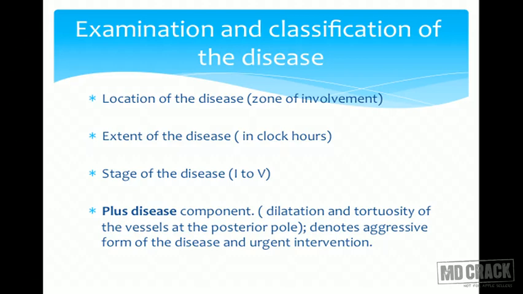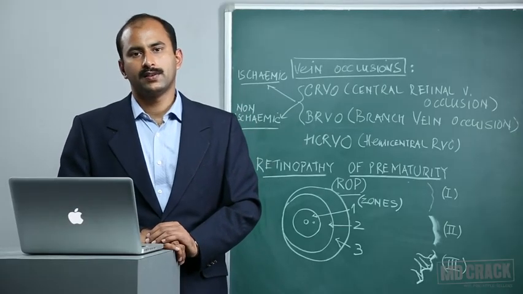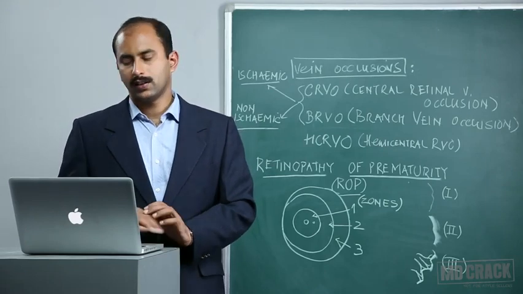Examination and classification of the disease, as we have already discussed, depends on the location, the extent of the disease in clock hours, and stages 1 to 5. There is something called plus disease, which is very important for us to know. It consists of dilatation and tortuosity of the blood vessels at the posterior pole. This dilatation and tortuosity is basically a significant indicator of ischemic pathology and ischemia. This form of disease, if in addition to any of the staging or the grading of the disease, needs urgent